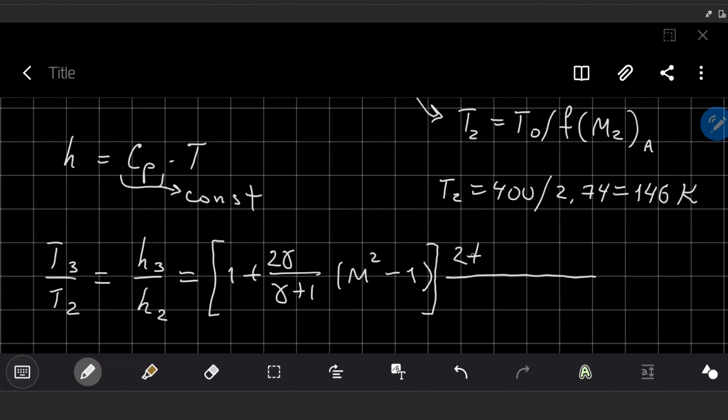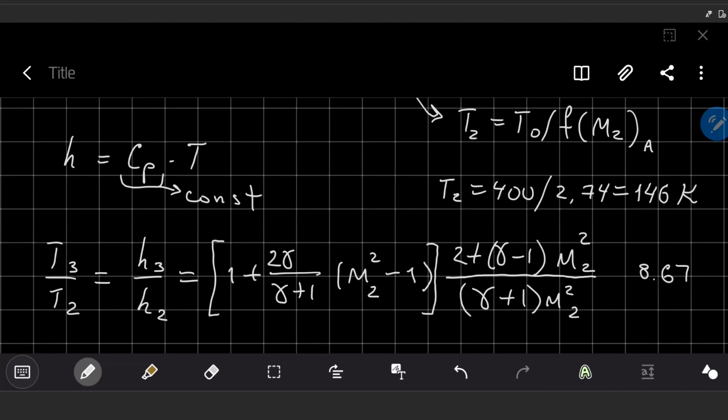2 plus (gamma minus 1) multiplied by Mach number squared, divided by (gamma plus 1) times Mach number squared. Okay, and to calculate this change, we use the Mach number at a point before the shock wave. So in our case, it's Mach number 2, the Mach number before the shock wave. I put subscript 2 near every Mach number. This long formula, okay, it's a function